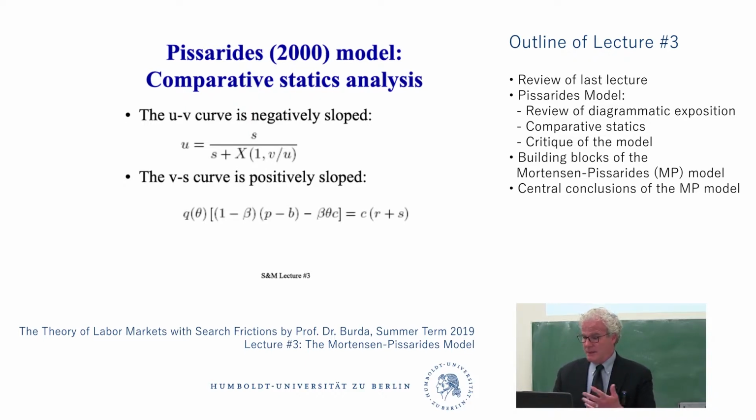It may depend on this Q function. It may depend on the properties of the matching function. So the reason we know the UV curve is unambiguously negatively sloped is because we've imposed constant returns on the matching function. As soon as you relax that, you might have a UV curve that has funny shapes. I mean, maybe if there's a lot of unemployment, maybe there's a scale effect and maybe matching will deteriorate more.